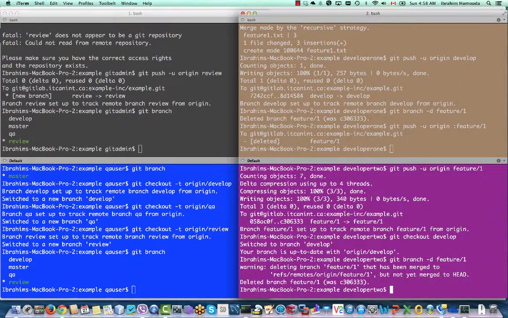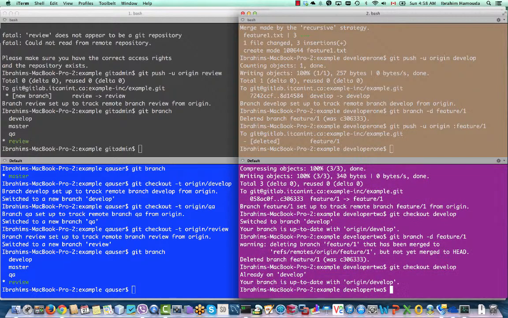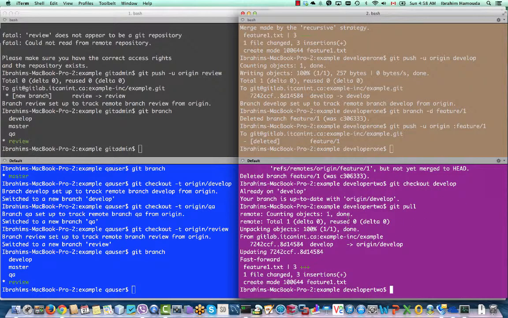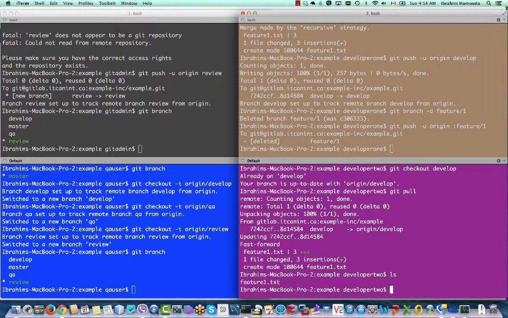Developer 2 is still working on feature 2, but at the same time what was done in feature 1 might affect him. So we will make sure that we are in develop, and we will pull. Now we see here feature 1, and then we will check out feature 2,